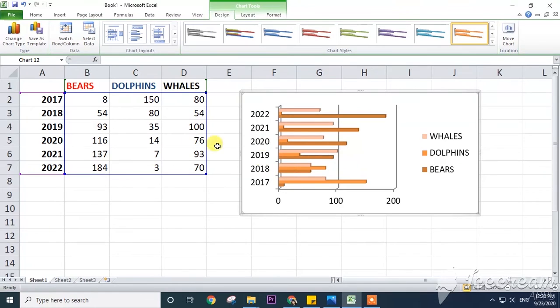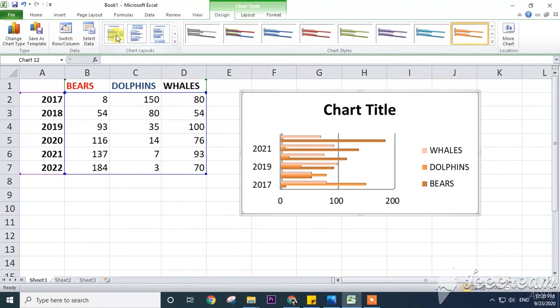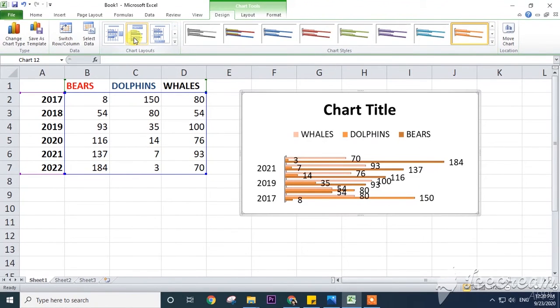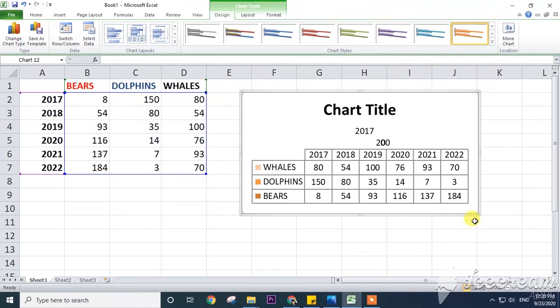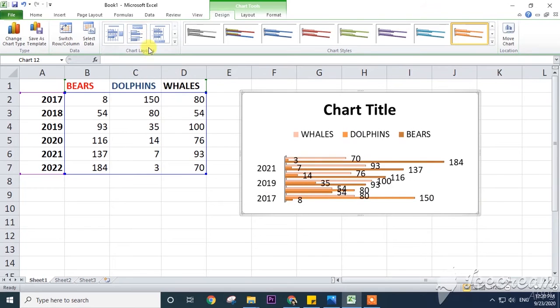Now there are chart layouts also here. Now you are unable to see what the data is here, how much data. It is 144 value, but it should be shown here. There are layouts here. You can see quick layout. First one, this one. See, if I click this one, see 184. The values are also showing here. This one, see, values are showing here. In this way we can make the chart layout clear. We can change the chart styles, and we can change the type, and there is a layout also.